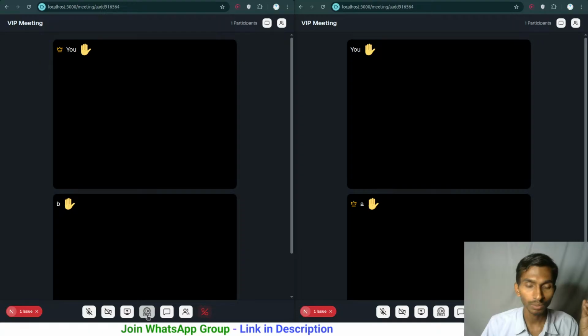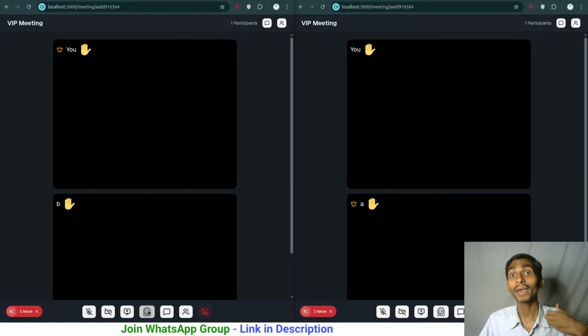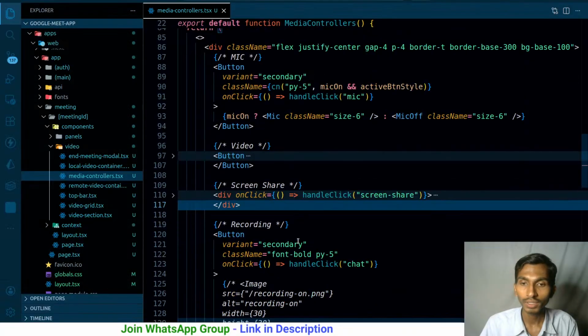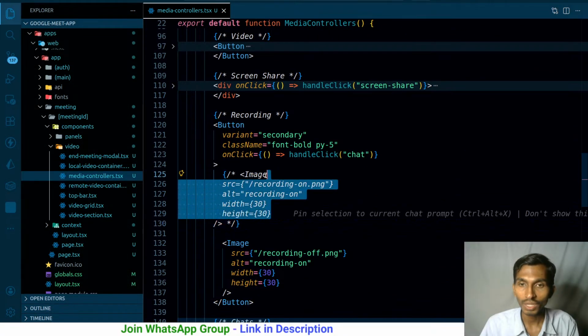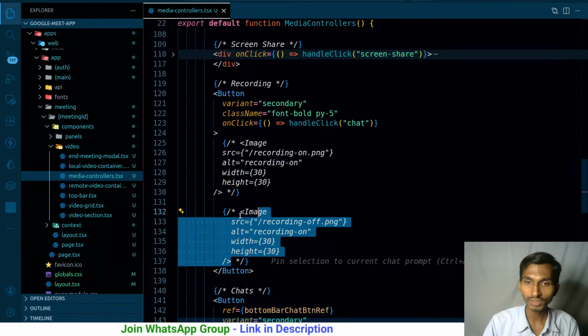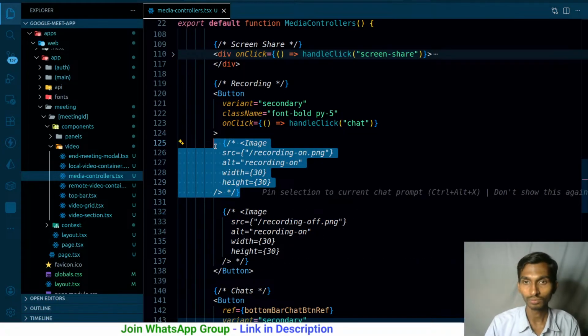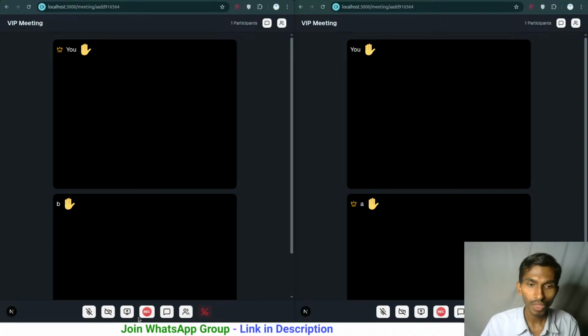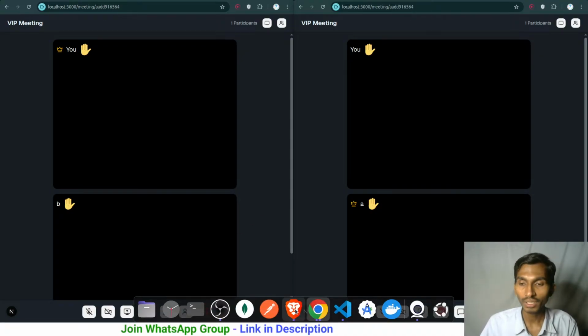The same thing we have to keep in mind here, that when we start recording the screen, when we click on it, the background will not become green. Rather, when we actually start recording the screen in reality, at that time it will become green. So that's what we have to focus on. Not even green, because this is going to be recording. So in that case, this is going to be the image over there. So if I just comment this one, let's see how that image looks. The image actually looks like this, and I will definitely make the color green as well.